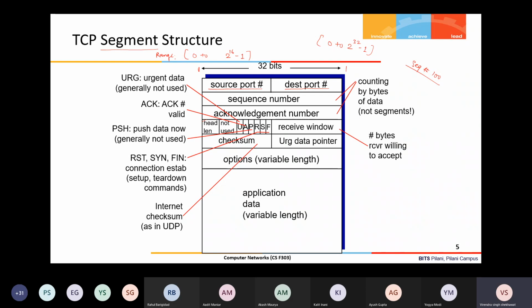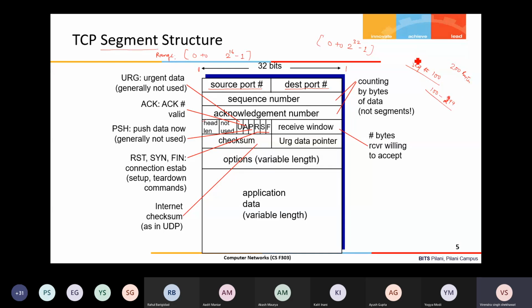Suppose 200 bytes are there in this segment. So the starting sequence number of the byte is 100, and the data is 100 to 299. So these bytes are there in this segment.